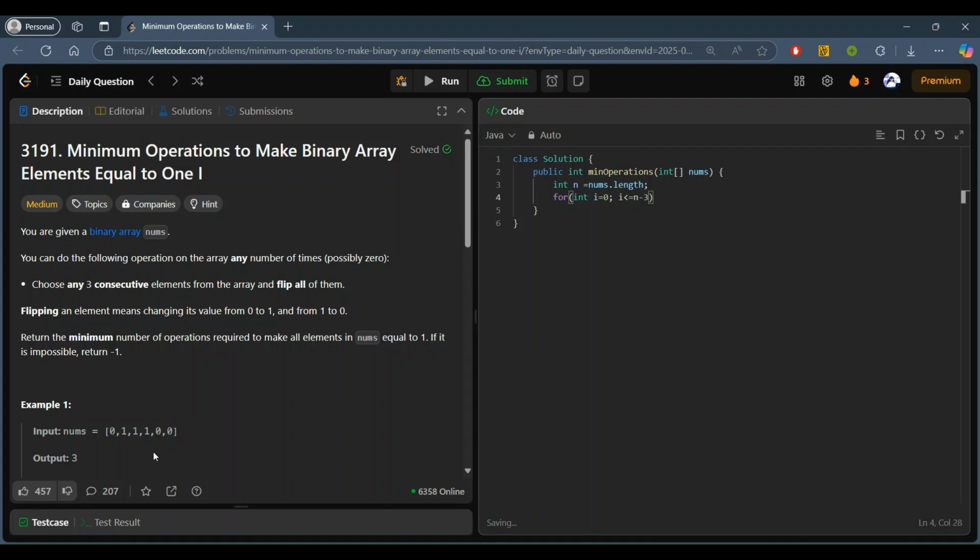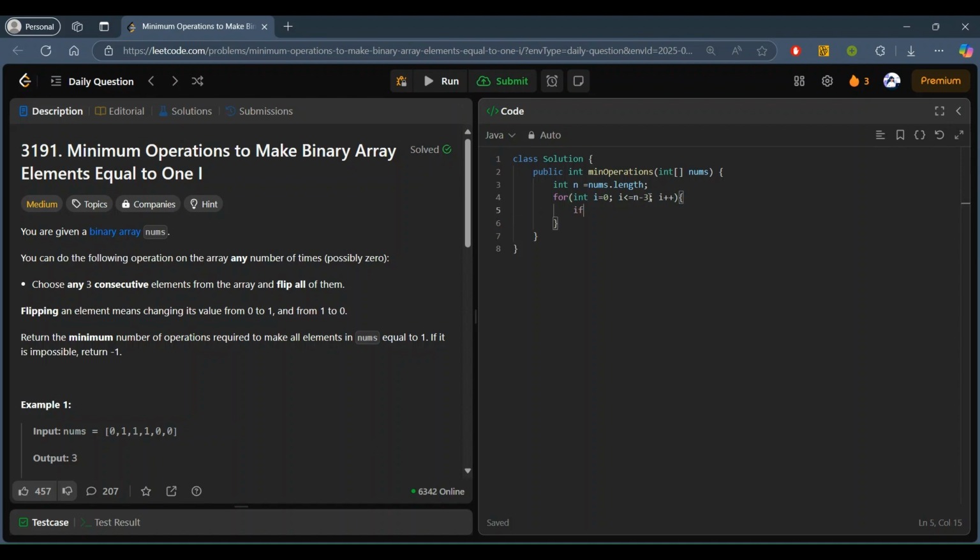Why? Because as I am at n minus 3 position, only till that position can we take three consecutive numbers. Apart from this, we can't take three consecutive numbers from here or here. So that's why we take i less than or equal to n minus 3, and then i plus plus.